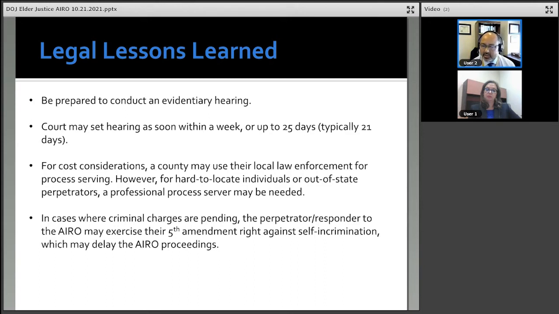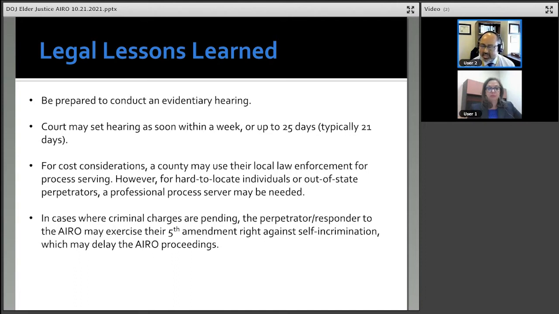And so in presenting your witness, typically your APS social worker is your primary witness, but you also have to bear in mind hearsay objections, which are the most typical objections you'll find in such a hearing. So you have to make sure that your witnesses have firsthand knowledge, unless you can find an exception to the hearsay rule. And like that last case, the court can set a hearing on the permanent restraining order very quickly. It doesn't have to be 21 days after initial filing. It could be short of that 21 days. So be prepared for that as well.